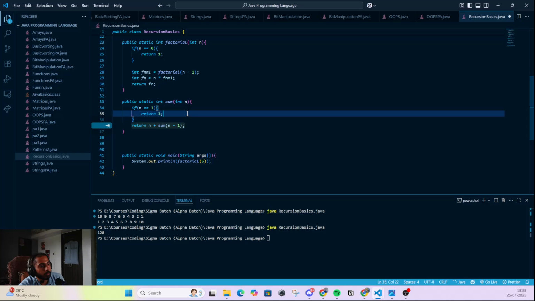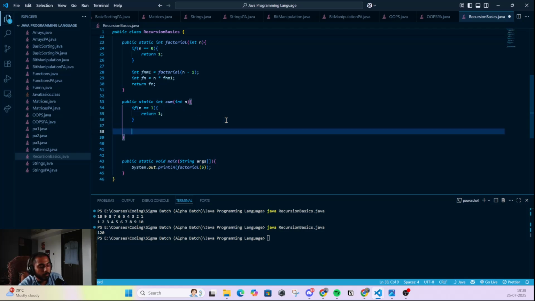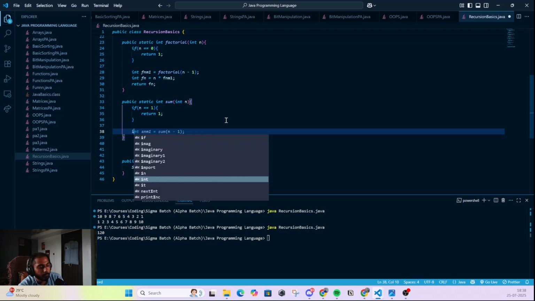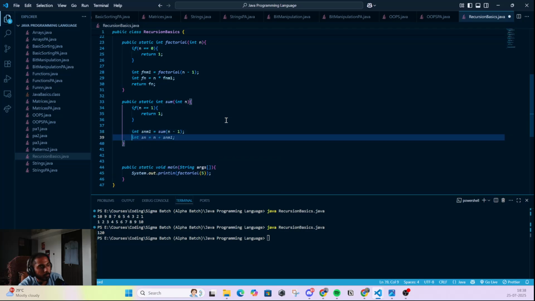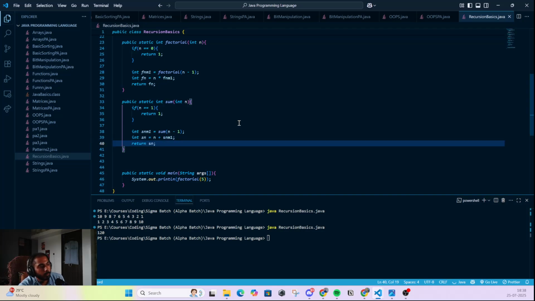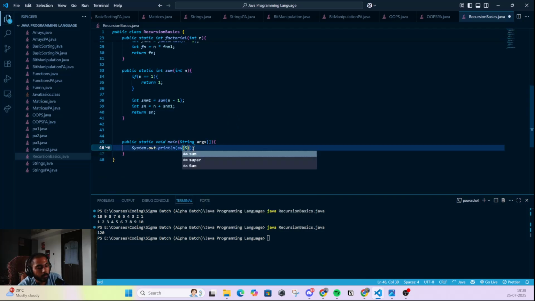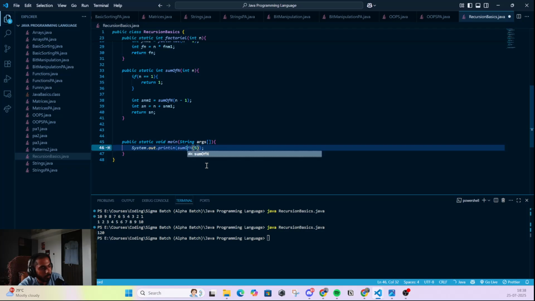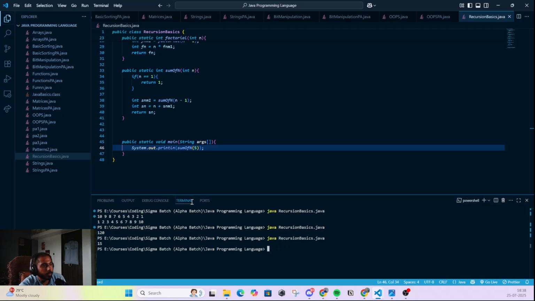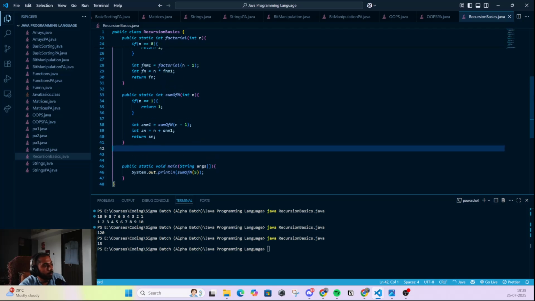Let me just make this int as well. And int sum of n minus 1 is this. Sum of n will be n plus sum of n minus 1. And same thing, we can print the sum of n. Okay. So yeah, that prints 15 for us, which is the sum of 1 to 5.